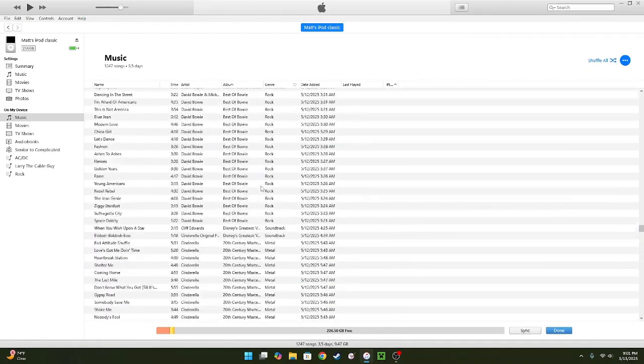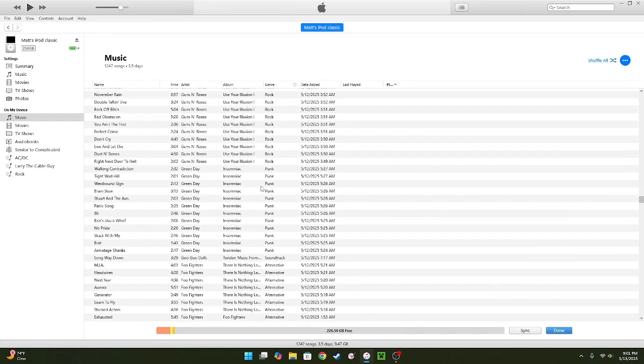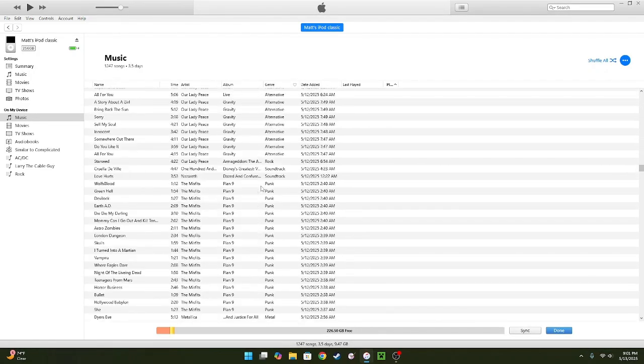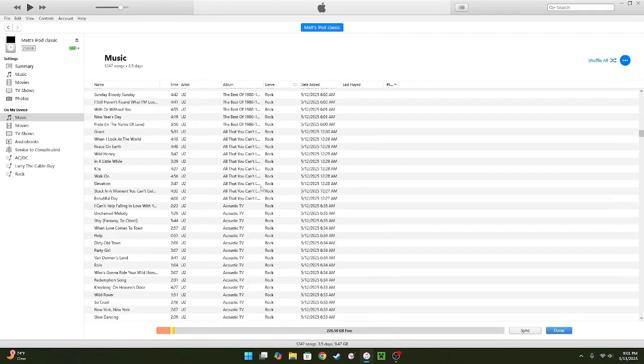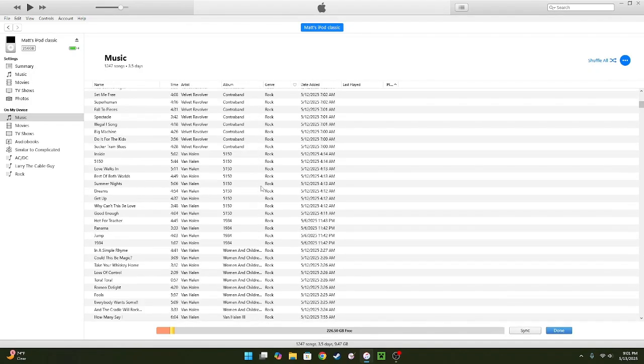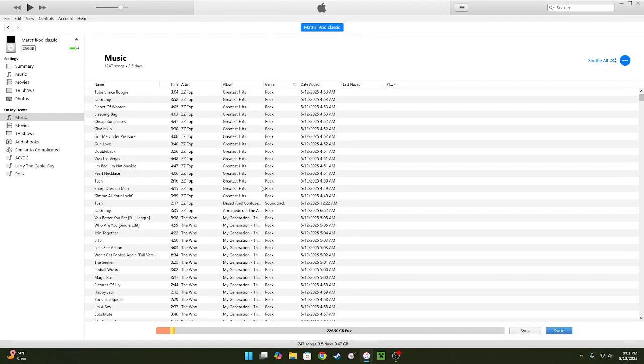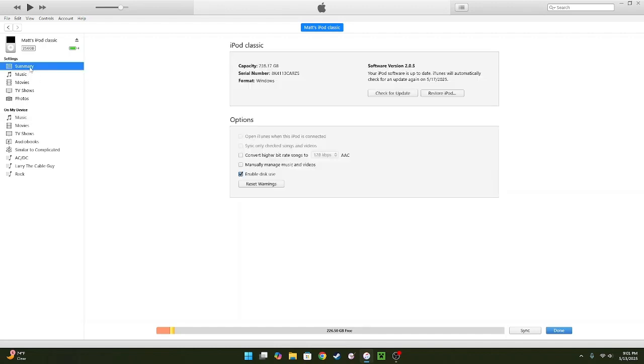But yeah, the reason I'm going through iTunes on here is because I want to do an iTunes comparison video once I get Windows XP up and running, which is probably going to be sometime this week. I want to do that so we can compare iTunes, and I really want to see if Gracenote will still connect on an old iTunes version. But anyway,